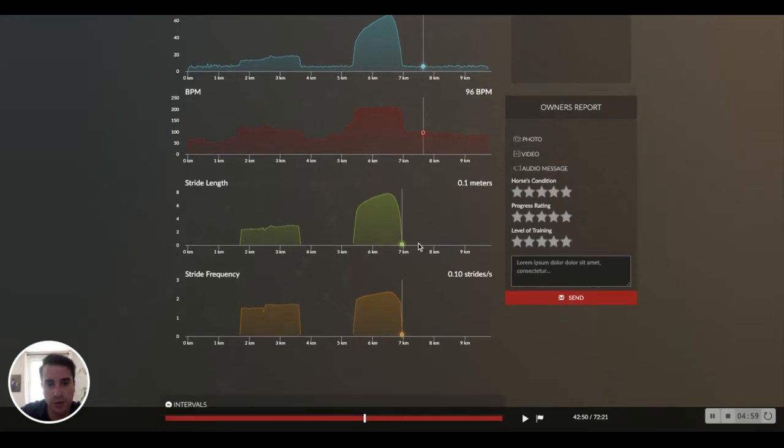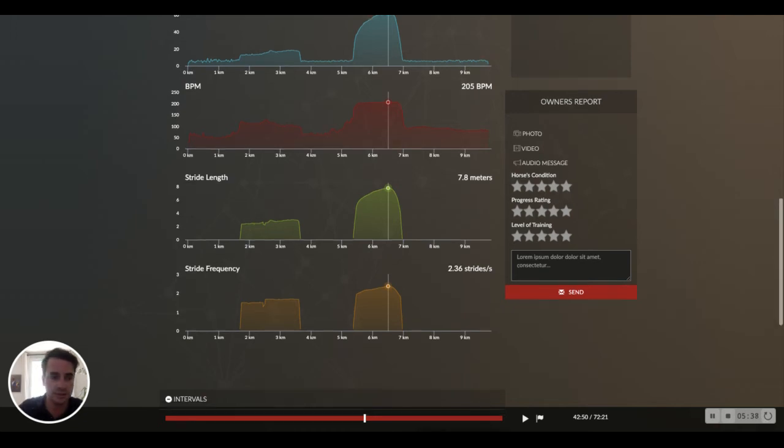Now, if we focus on the locomotion data, stride length and stride frequency, those will appear only while trotting and galloping. So here, if we focus on the working zone, we can see that the horse is increasing both stride length and stride frequency, which is very positive. And thanks to the stride frequency, 2.36 strides per second here, it will help to objectify the acceleration process of the horse. Basically, the higher the stride frequency is, the less time the horse will need to reach his maximum speed. So it can be very good to combine with your feeling to pick the right distance.